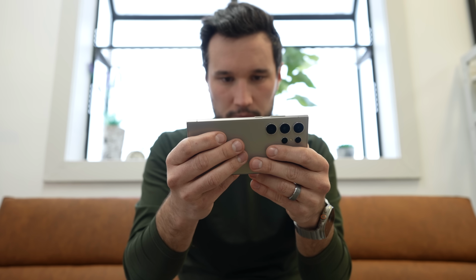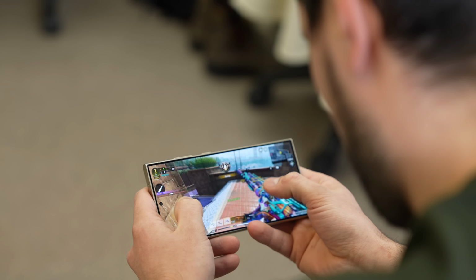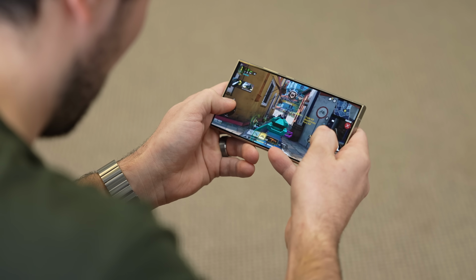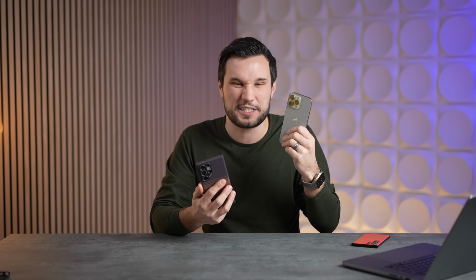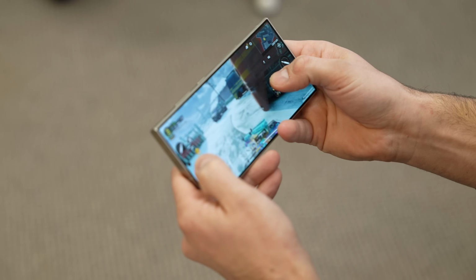And with that, the actual gaming experience was also excellent. I maxed out all of the settings, I played for a while, and the phone didn't even get warm. The thermal design in here is great, unlike Apple, which doesn't do anything at all and it gets really hot. It starts to slow down. This thing is incredible at